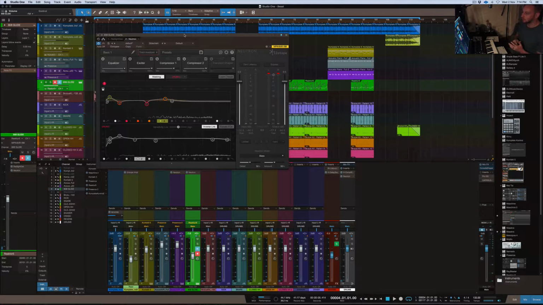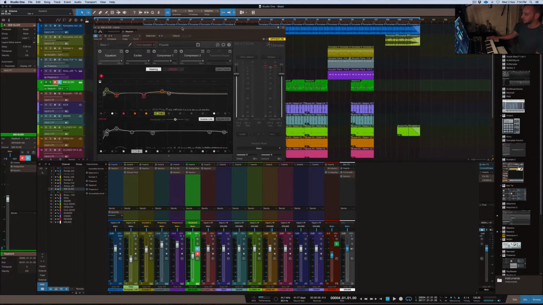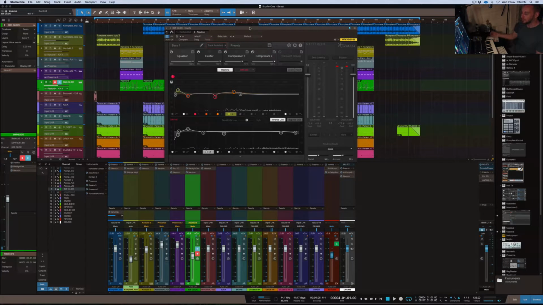Believe it or not, EQ does affect the phase of what you're EQing, and it will start to sound a bit weird if you put certain EQ moves on certain things in the wrong timing. So what I tend to do is build my track up without EQ, and then I assess what needs to be there and what doesn't, and I try and work around that. So anyway, with the low end of the track,